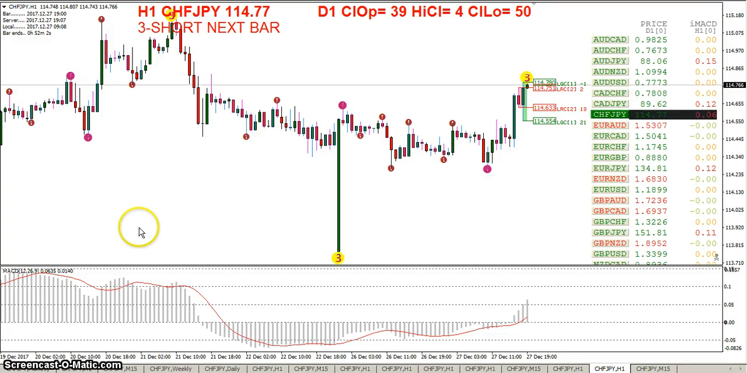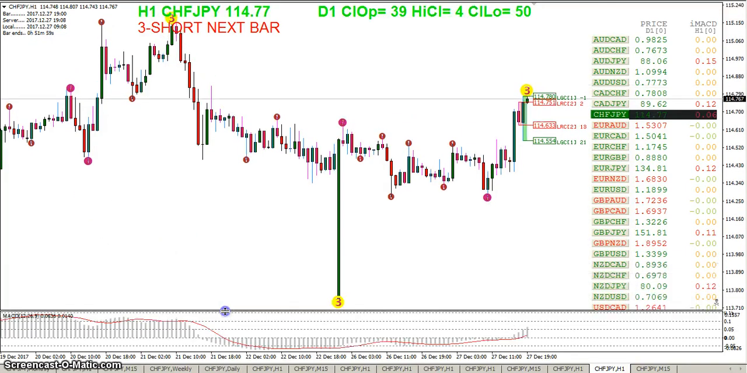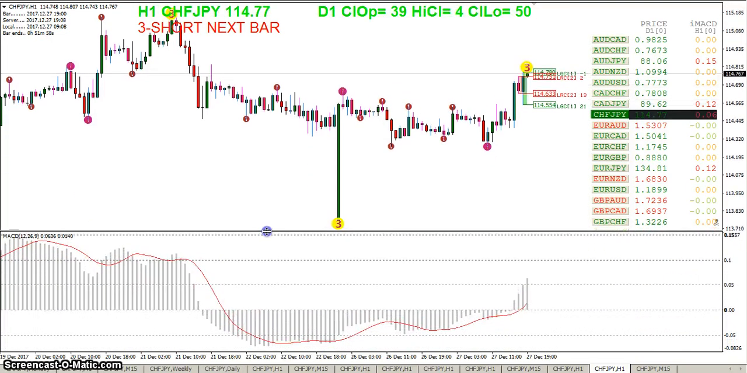But anyway, how do we use these lines? Well, supposedly here we got the zero line. And supposedly when price crosses down like this, that means you should be going short, and then when it crosses up, you should go long. But